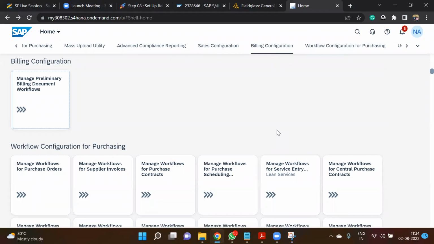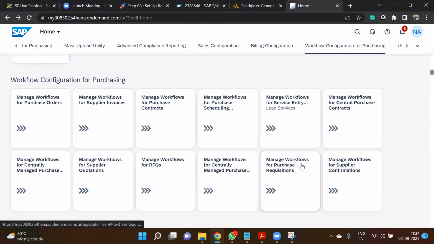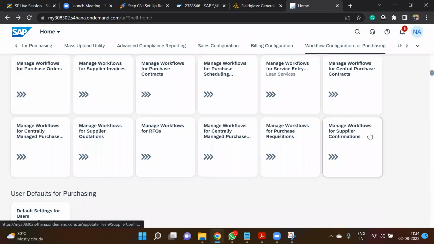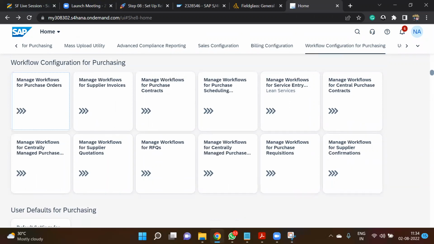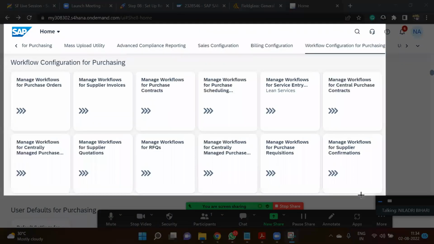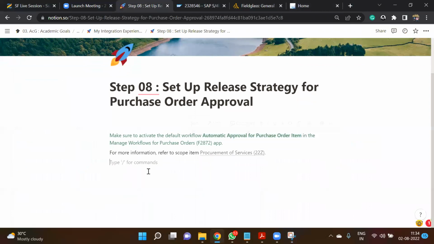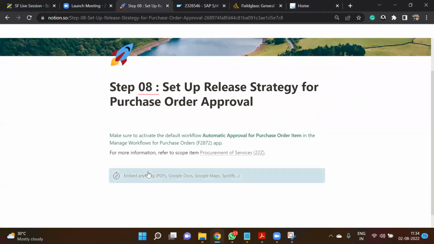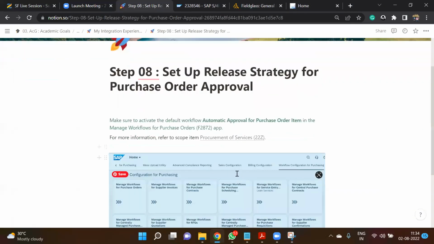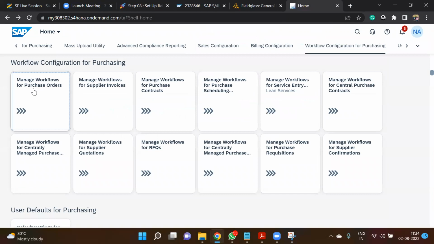Okay, so billing and usually purchasing. This is where we are focusing on the workflow. Let's focus on this section, workflow for configurations. Configuration, so now purchasing. Okay, yeah, this is something. So let me put it here. Yeah, so this is for automatic workflow. We have to go inside this, manage workflow for purchase order. So we will go inside this,